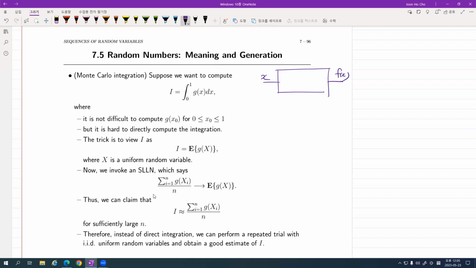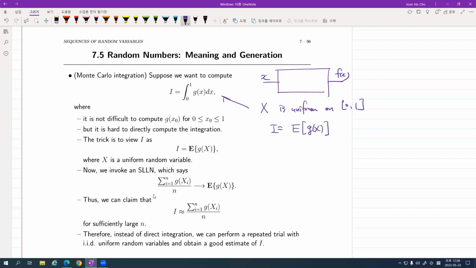For example, that is enclosed in a box. You cannot see the individual coefficients. And you are asked to compute the integral. What do you do? In this case, a strange reformulation of this one is tricky. Suppose X is uniform on this interval. Then the value I is nothing but